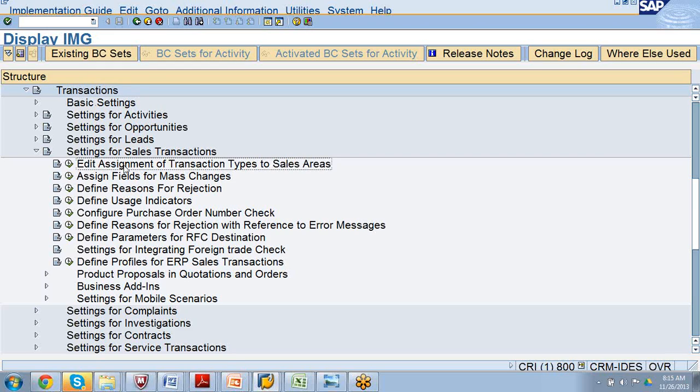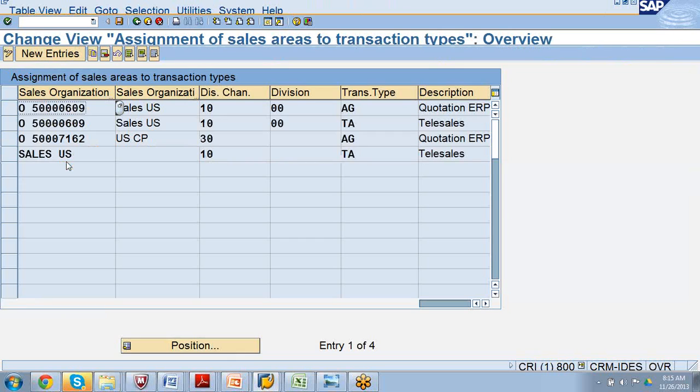Few activities like, take this, edit assignment of transaction types to sales areas, reasons for rejection, and profiles for ERP sales transactions can be maintained. Then when we go to edit assignment of transaction types,